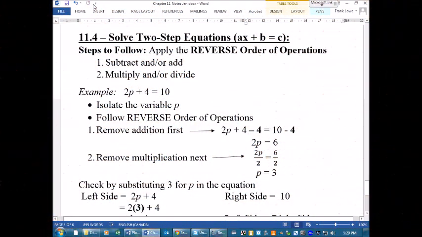The last section in this chapter is kind of putting it all together. So this is solving two-step equations. So you might have addition and multiplication involved in your equation. You might have addition and division. You might have addition and, anyways, all those combinations. Okay, so the one thing to point out here is that when you have two operations,